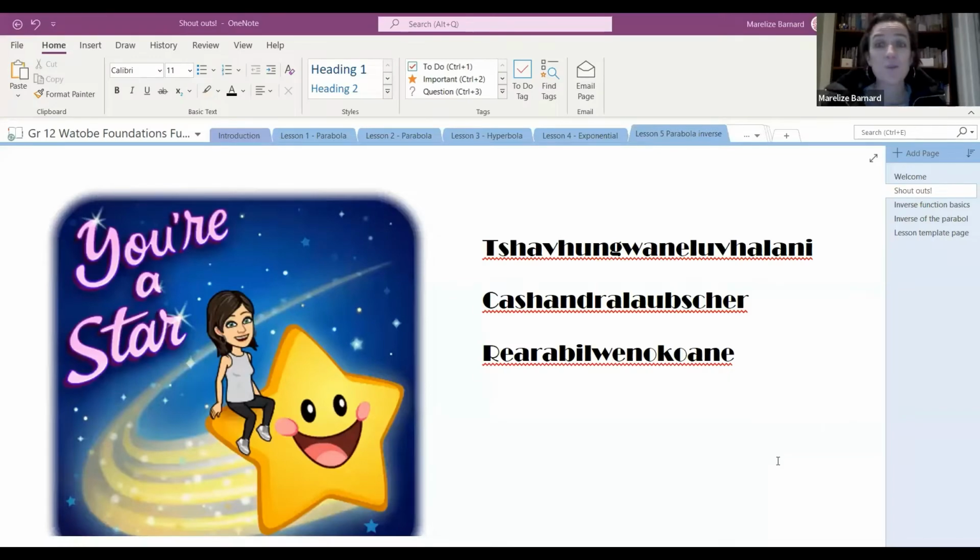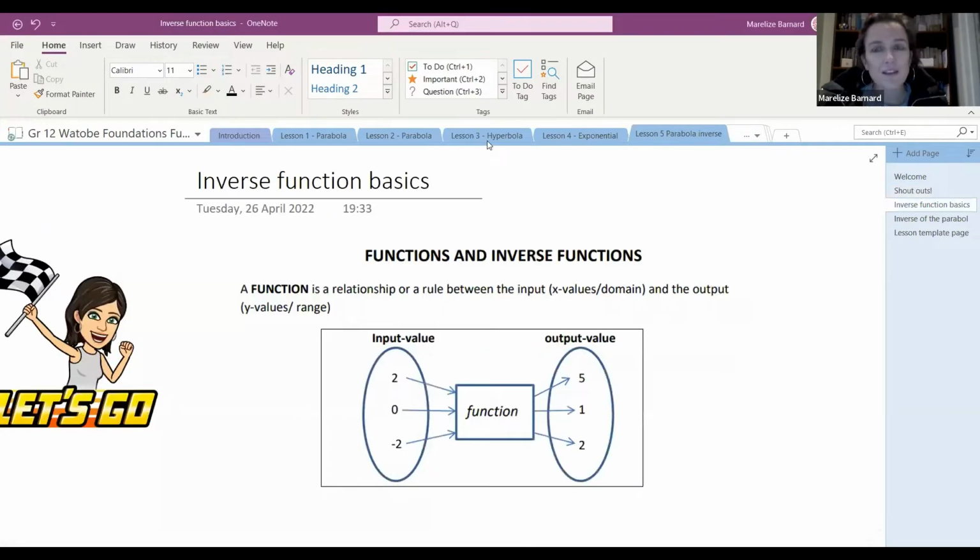the quiet of the room. And with that said, let's actually kick off with our lesson on inverse functions and some basic ideas around functions